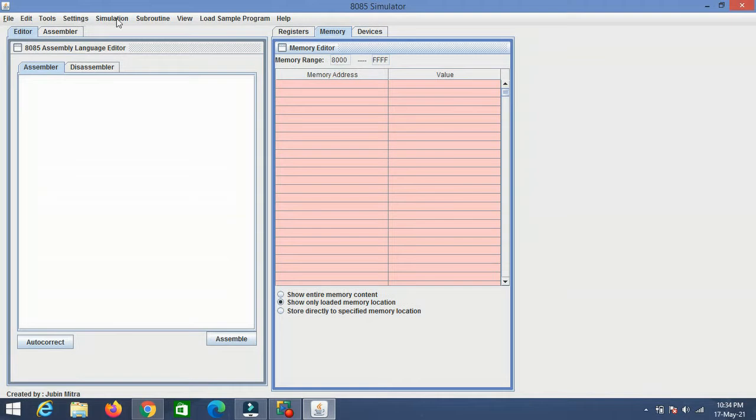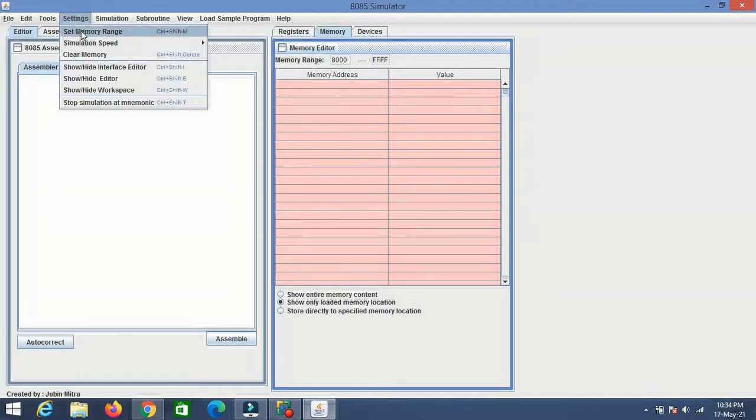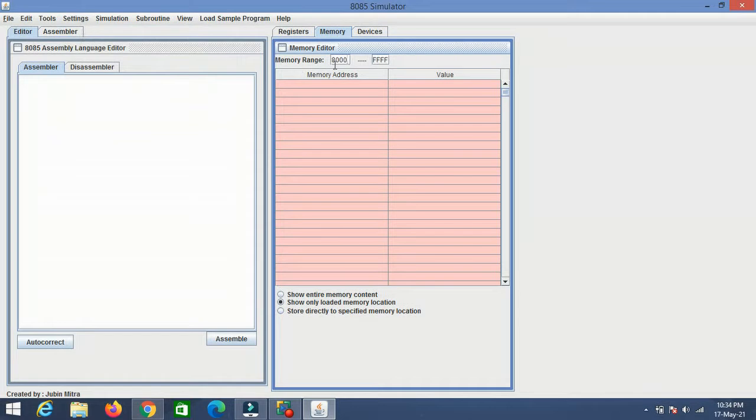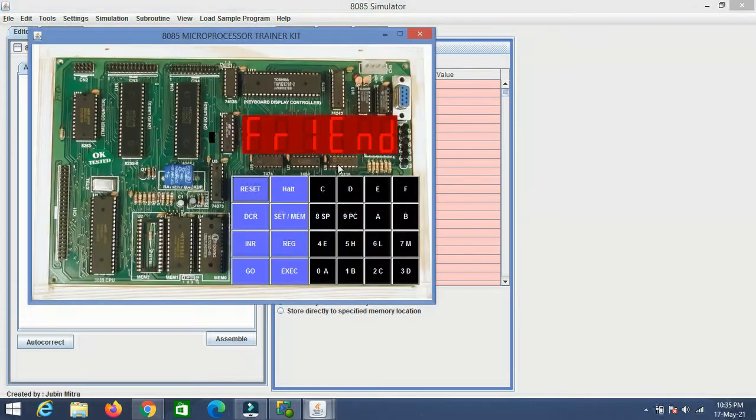For that, the first and foremost thing is you must go to the settings and set the memory range. You could change that to 8000 to FFFF, because in the 8085 microprocessor kit we always start from 8000.